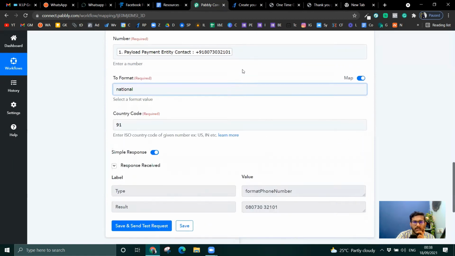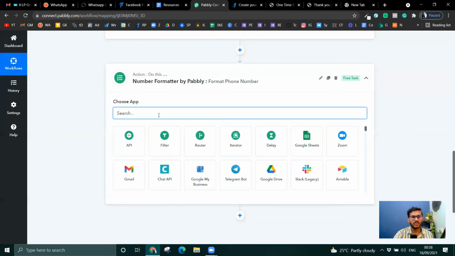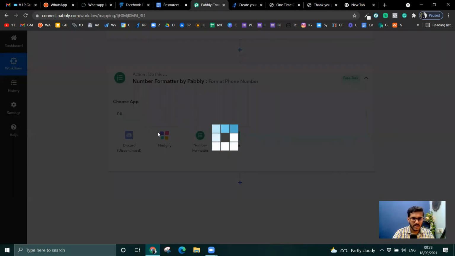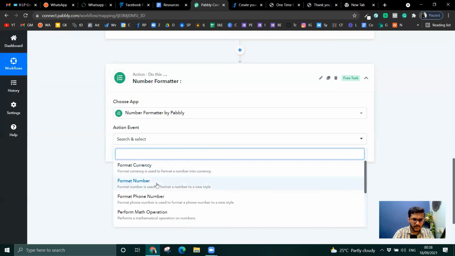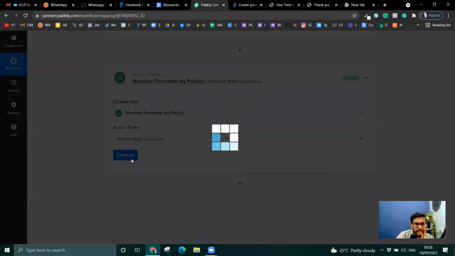Okay, this is the best thing to do. Instead of wasting time in this, let me go to the number and then say event, math operation, connect. It's better to do our old stuff than working around new stuff.